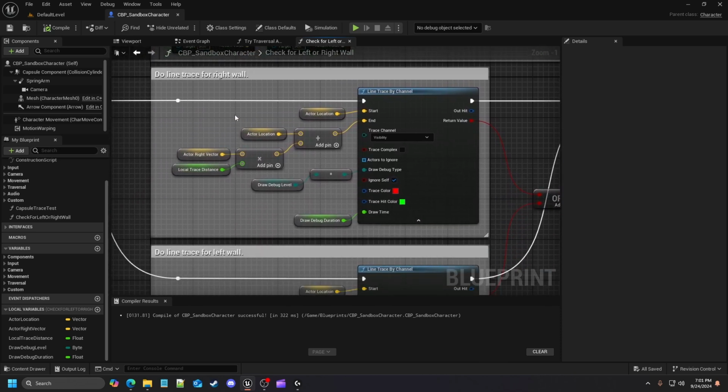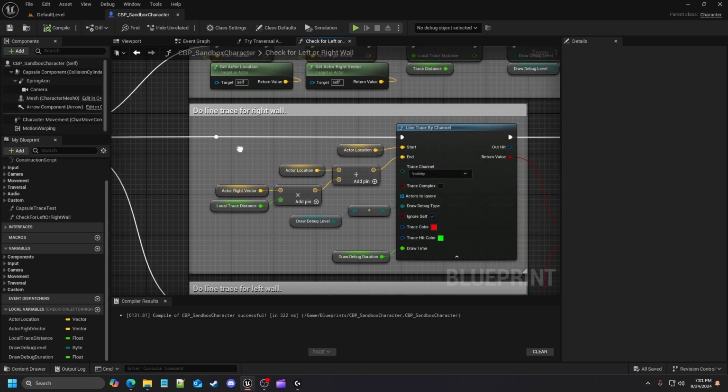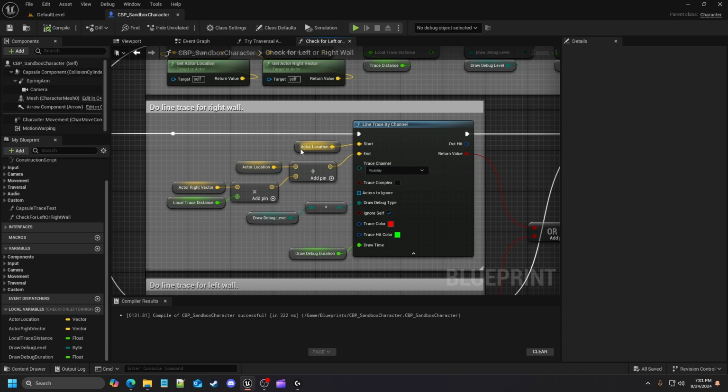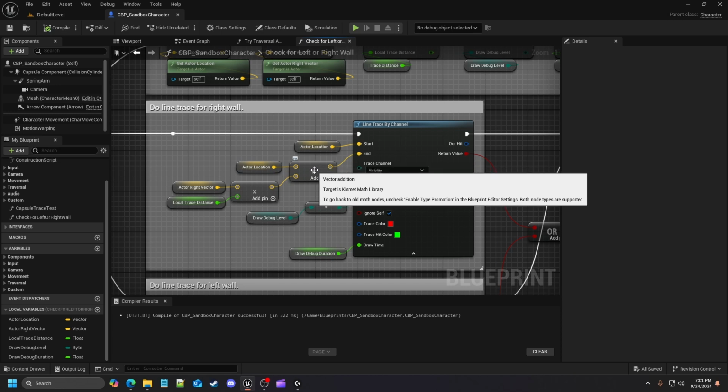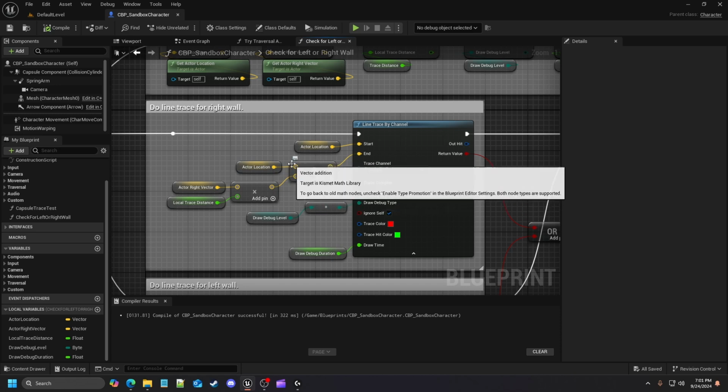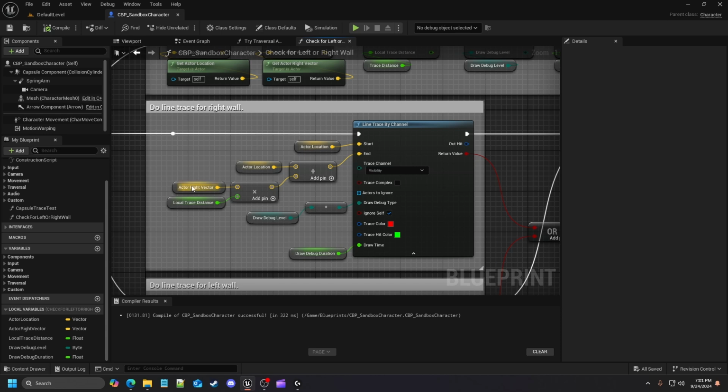So as you can see, with our first line trace, we are going to do a line trace to look for the right wall. What I did was I grabbed my actor's location as the start point of the line trace, and then I got the actor location again. If you've ever seen my interaction mini series, you'll see that I did basically the same setup, where I'd have my actor's location and I would use a plus to do an offset, so we can offset it by getting the actor's right vector and then,